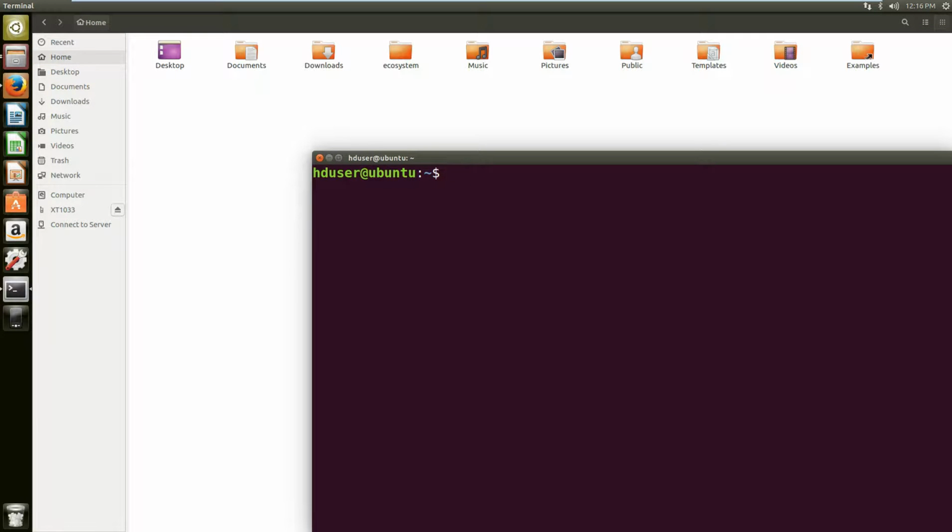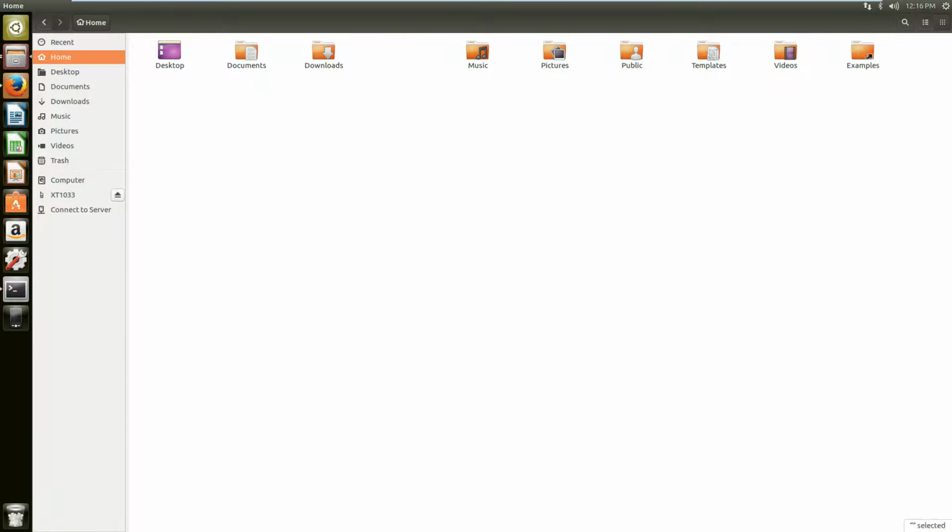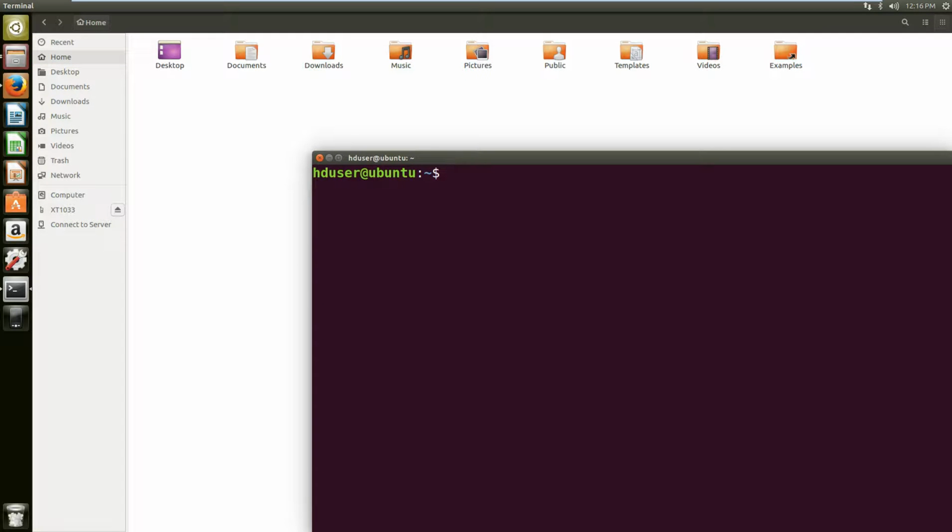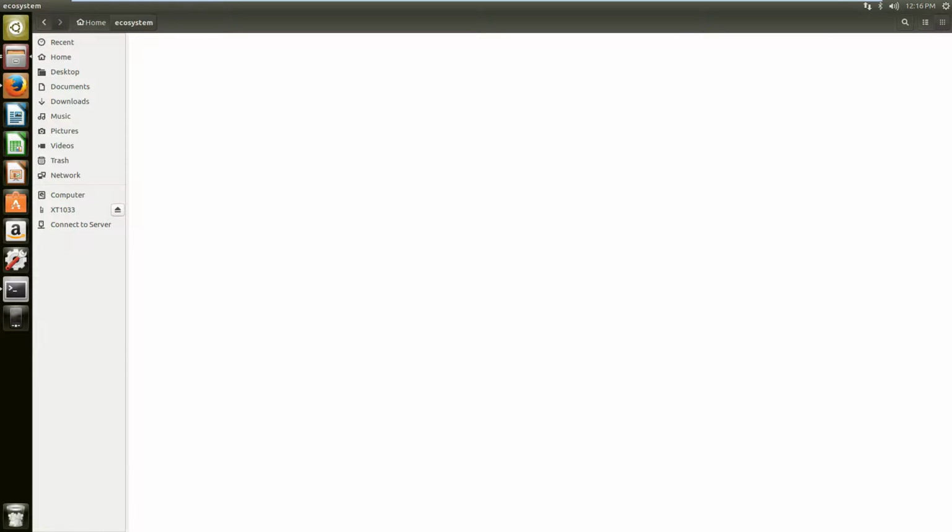This is my terminal, so let me delete it from here. Let's try to do everything from this place. I'll say mkdir ecosystem. Done. So a folder got created. Let's move inside it. I'll say cd ecosystem. Okay, so we went inside this.